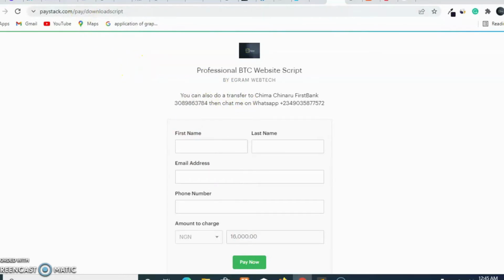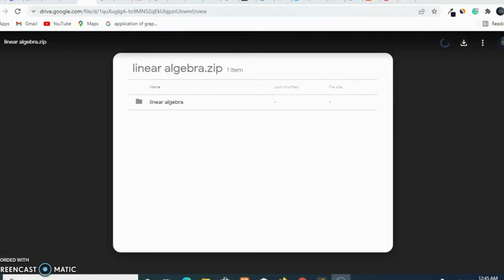I'm going to put this download link on my Google Drive, so automatically it will pop up the Google Drive where you download the files. If you're using a laptop, you're going to see it like this. You click on this icon here and click download. If you are using a phone, it's the same thing. Then you click on download.